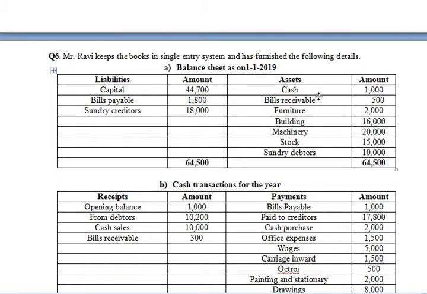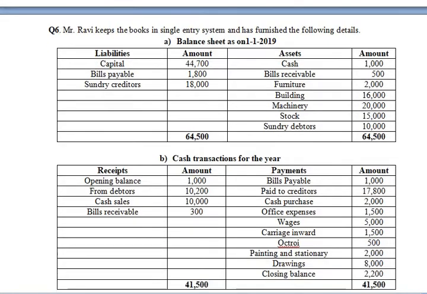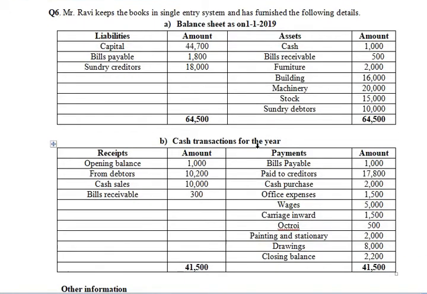All right, next, after sundry creditors, coming to the asset side. Now cash, this is the opening balance of cash as on 1/1/2019, balance sheet as on 1/1/2019. So there's nothing but the opening balance of cash. Now where will the opening balance of cash go? It goes to the cash account, and here we have already been given in terms of cash account, cash transaction for the year. Okay, so that means this is the opening balance which is to be brought down to the cash account, and this has already been taken into the cash account. So you can see in the question itself it has been given, that is opening balance of cash is 1000. So this entry will be skipped off because it has already been posted.